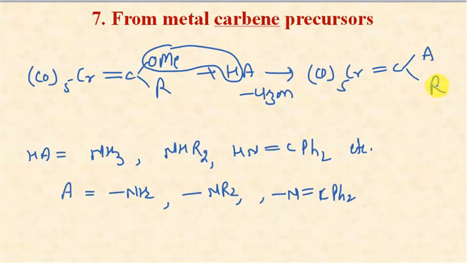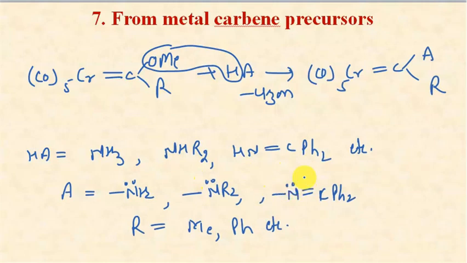This R can have different varieties. It can be methyl or phenyl substituents present at this coordinated carbon atom of the carbene carbon, and this A should be electron rich, and it is clear that this nitrogen has a pair of electrons on it. So in case of Fischer carbenes, we should have these substituents as very good electron donors, and the ligands attached to the metal very good electron acceptors, meaning they should be pi acid ligands. This was the seventh method for the preparation of metal carbene complexes.